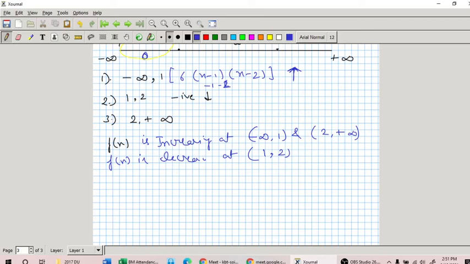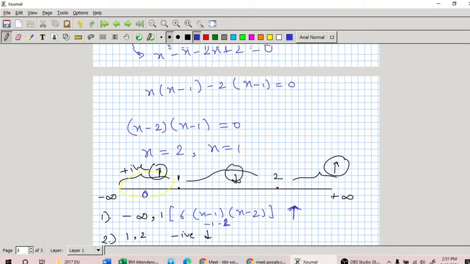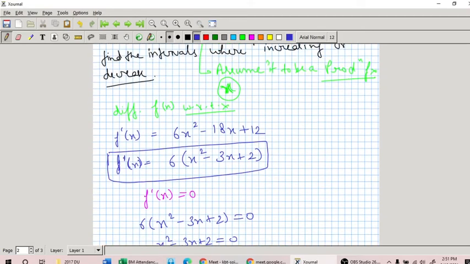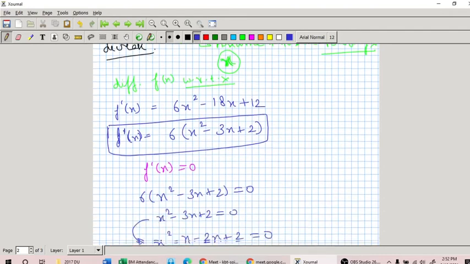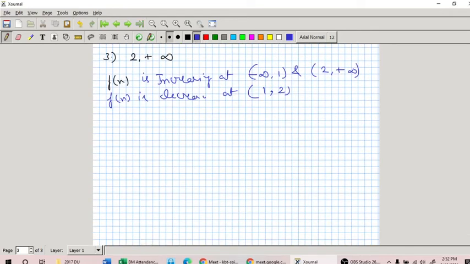The important thing is you should understand the factorization here. This is the question which is already given to you, but sometimes you will not have such a simple equation. You will be given a word problem and you need to formulate that word problem into this particular equation. That will be the complete application of your differential calculus. The next point I want to discuss with you is another important concept. We will not discuss concavity here, we will discuss maxima and minima.